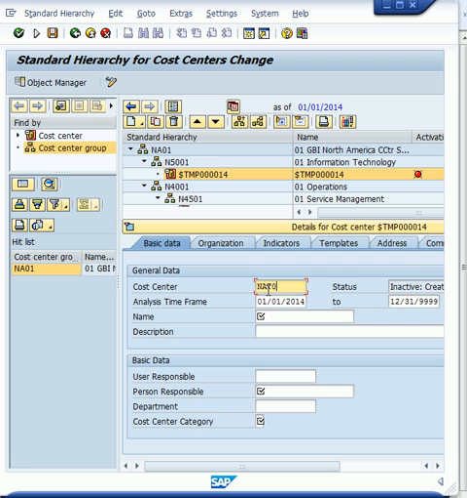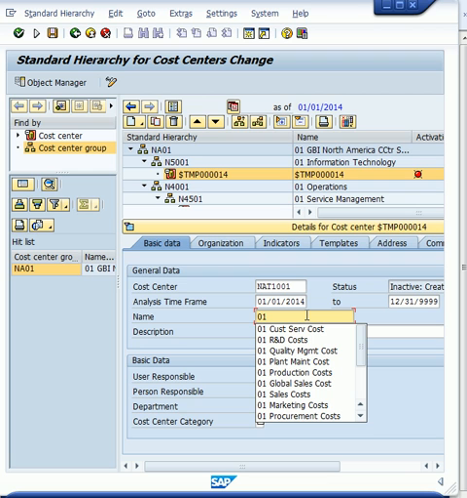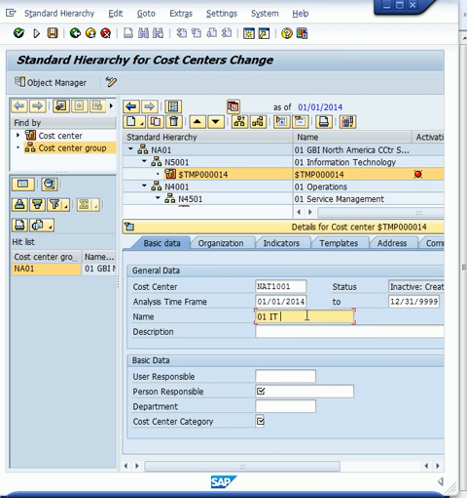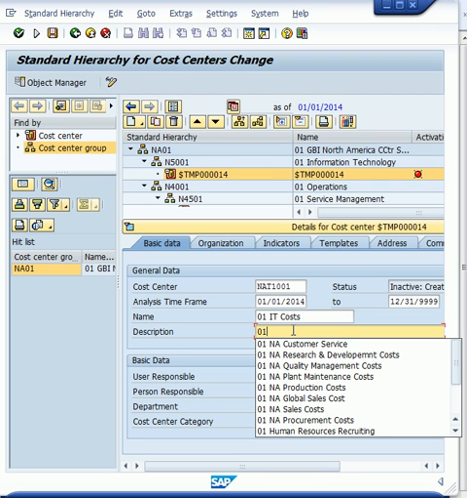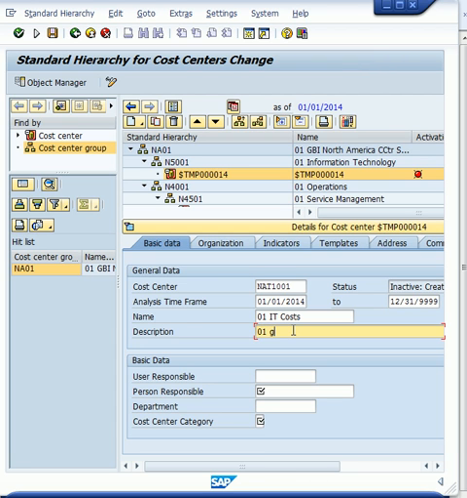Oh, I think it's 10 first, and then name is 01, IT costs. Description is 01 global IT costs. So that's not just North America, that's actually grouping everything together in one cost center, and